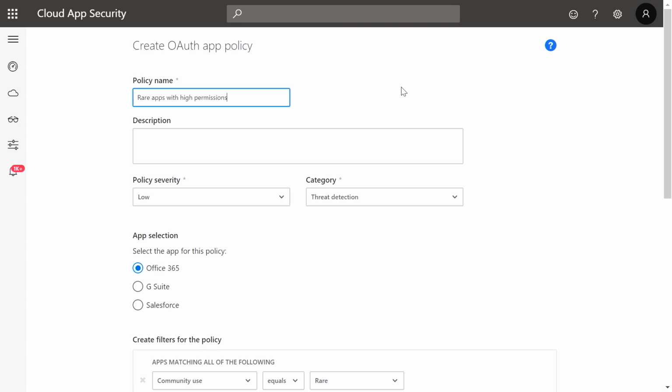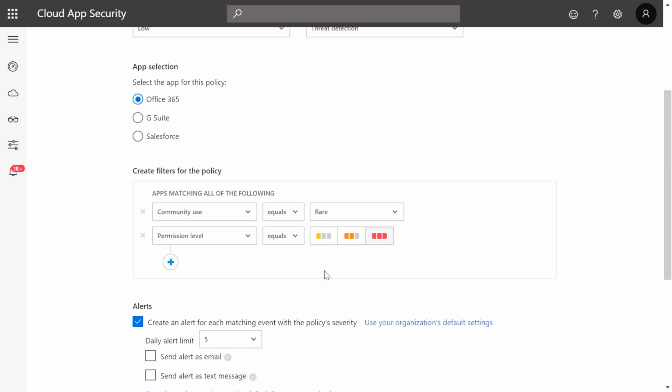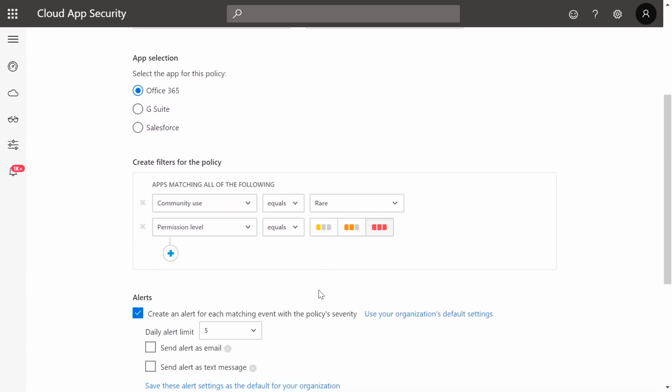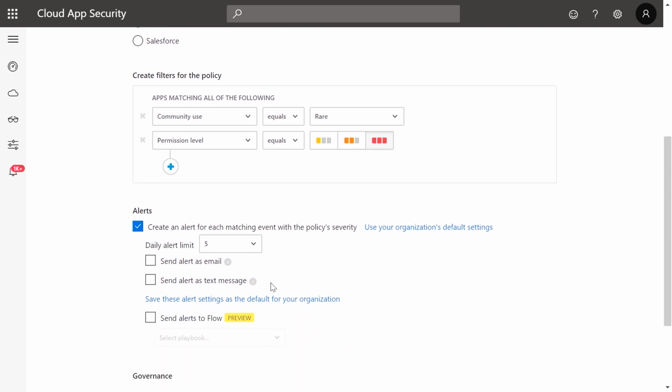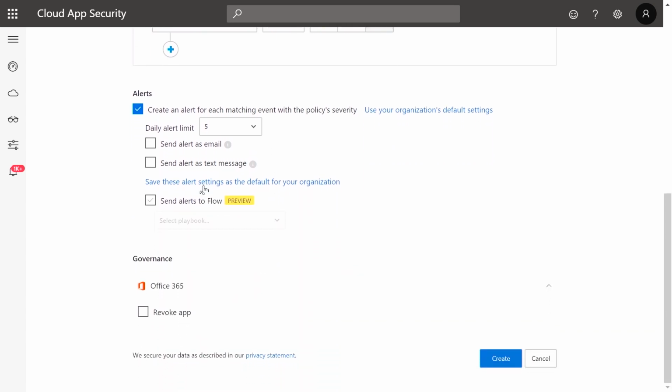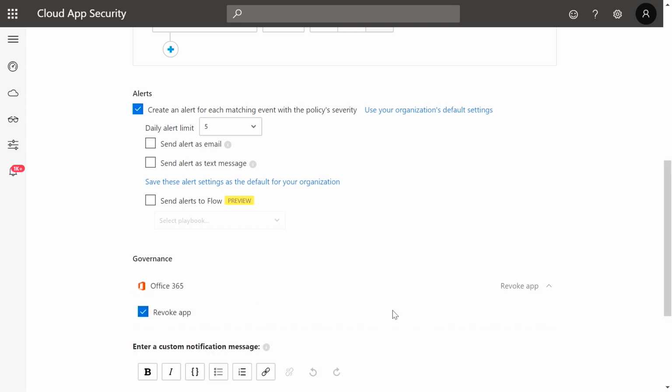First, provide a name and optionally a description for this policy. Further down, you will notice that the filters align with the query that we used earlier. Lastly, you can define how you want to be alerted and whether you want to configure governance actions and automatically revoke the app after it's identified.